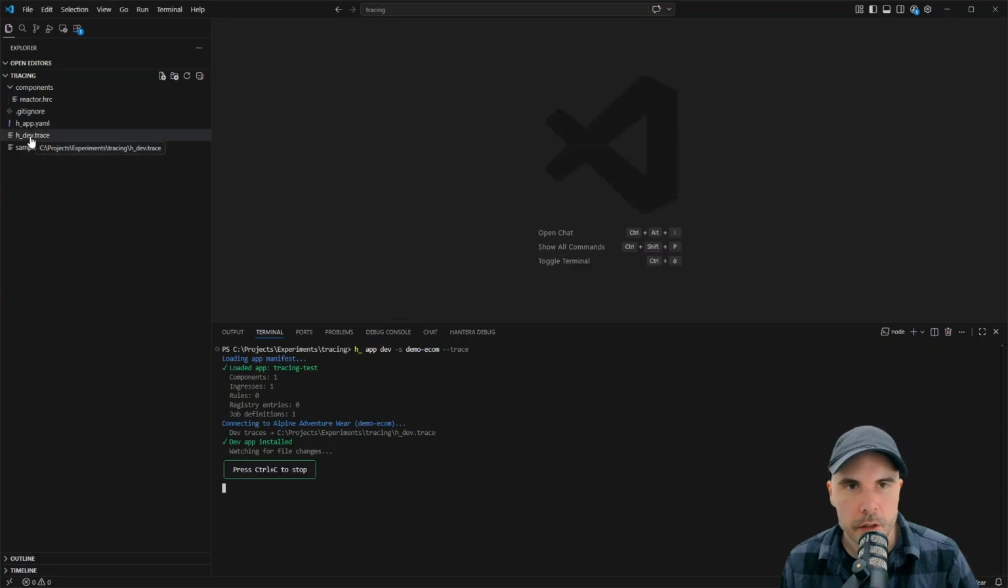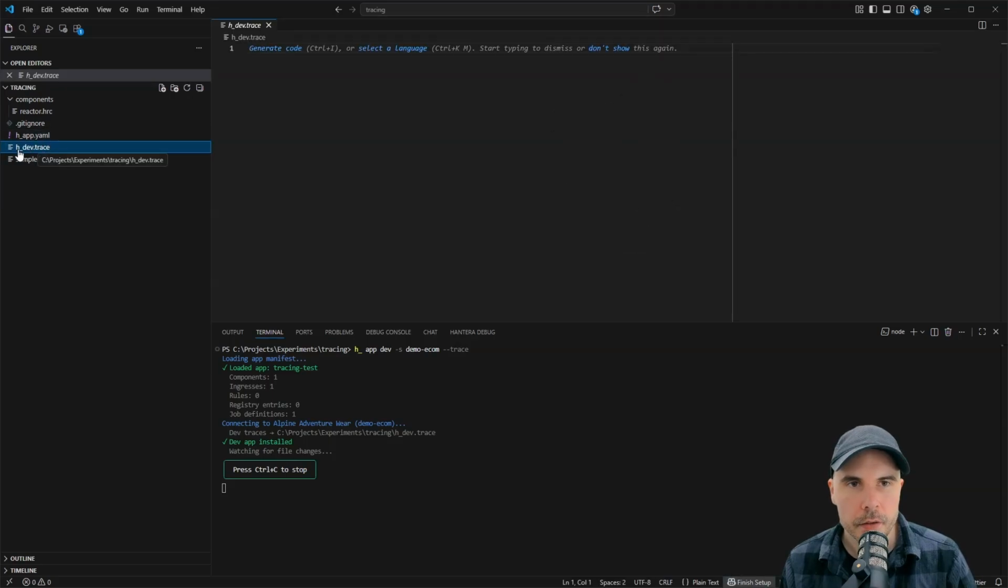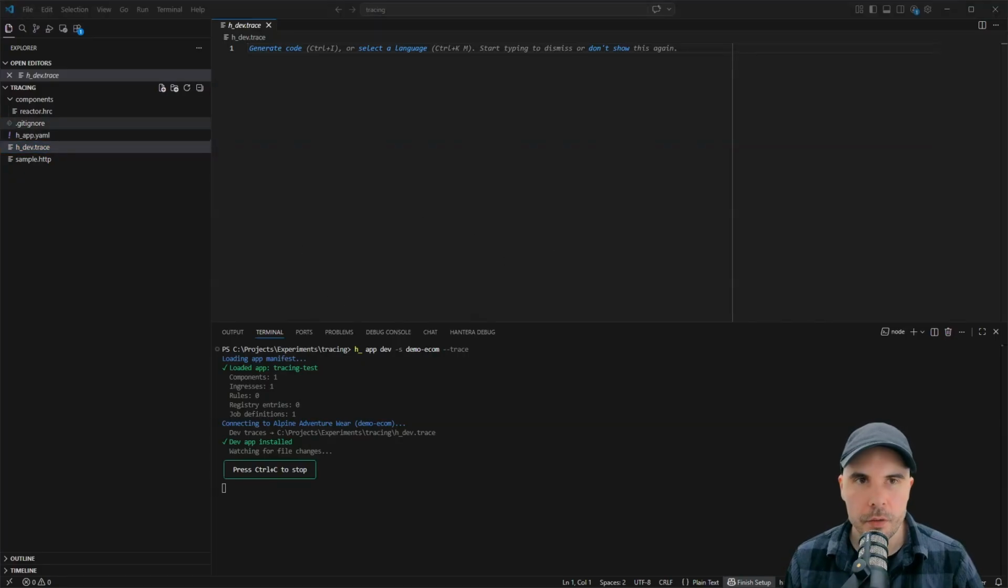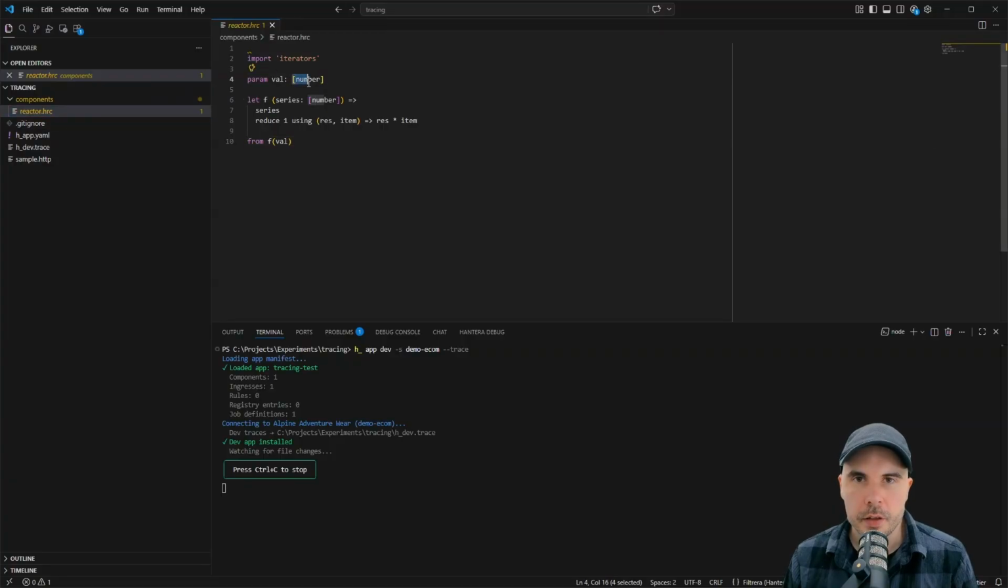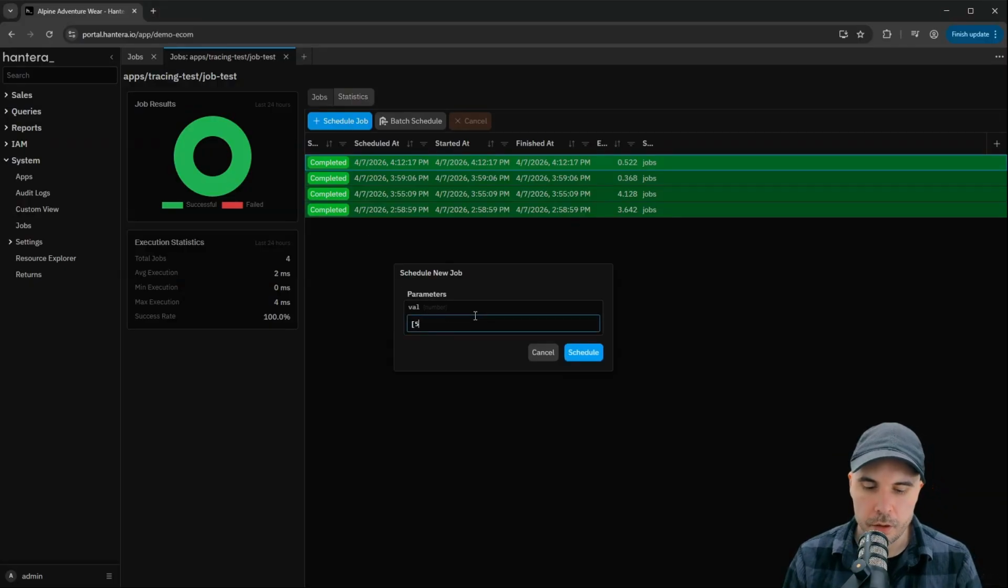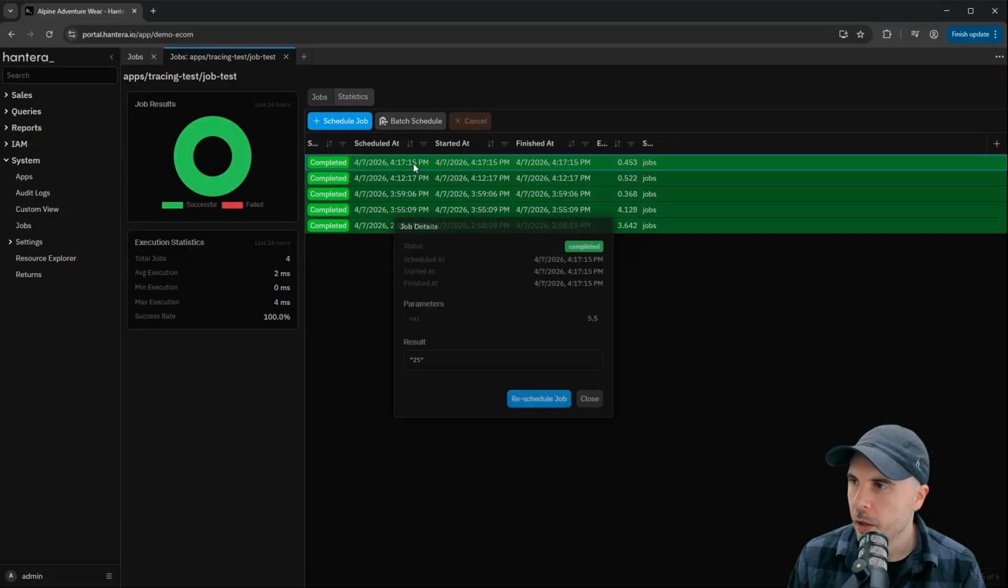We can see immediately that this file h_dev.trace was created in our local path here. And this is where all of those evaluations will be stored. Very, very basic app. It takes a list of numbers and multiplies them together, just for the sake of demonstration. So we're going to pass in, let's say, two numbers, 5 and 5, and we will get the result 25,